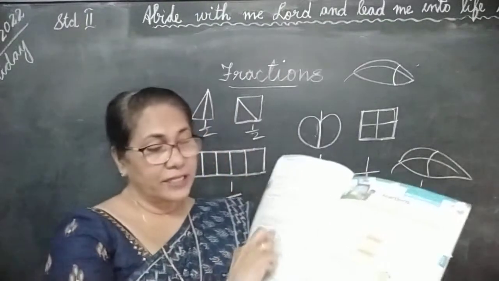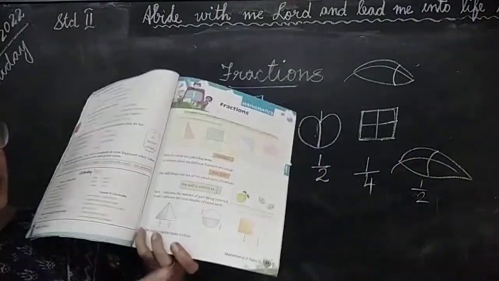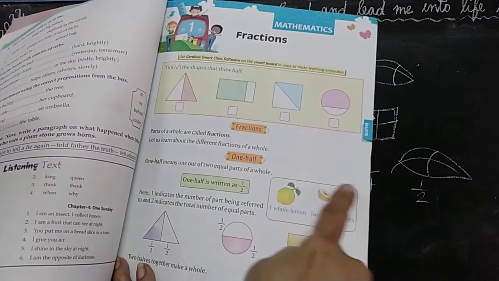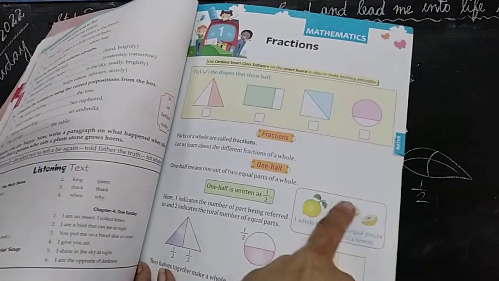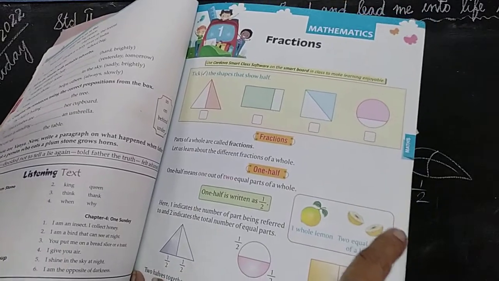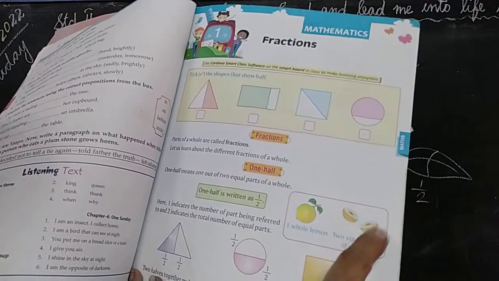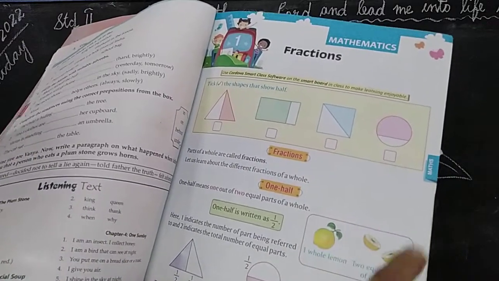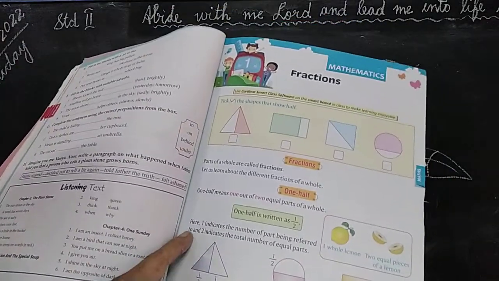Now you look here, for example, it is shown here. See, one full lemon is shown here. See this full lemon? When it is cut into half, there are 2 equal halves here. These are the 2 equal parts of 1 lemon. Now, here